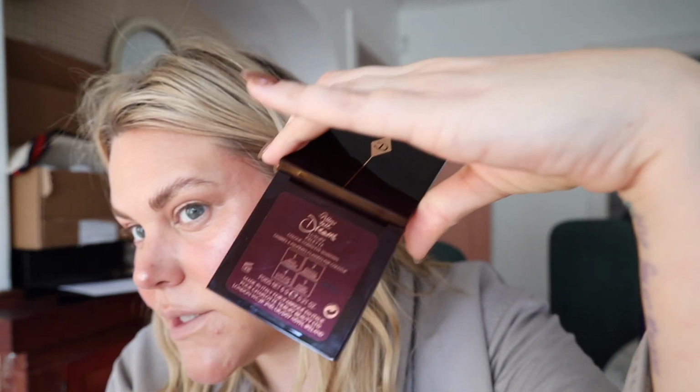And I'm gonna just go in and use it in the order that it says. It has like primer, enhancer, it tells you on the back. So I'm gonna go in and use the primer shade all over. I realize every makeup brand has its very distinct style. So Charlotte Tilbury is very glamorous, very shimmery and shiny and glowy, whereas some of the other brands that I use and work with, that's just not the same vibe. So I'm going with what they taught me and to get the look that they say, which I think is